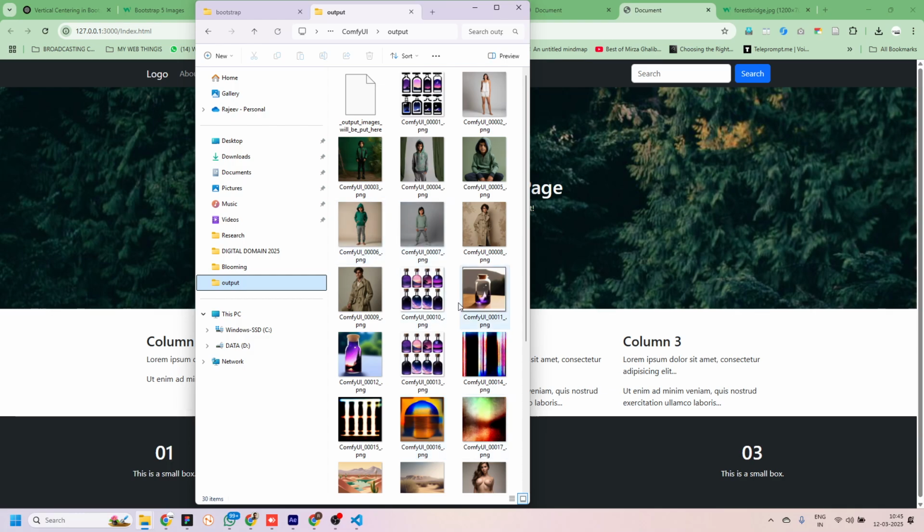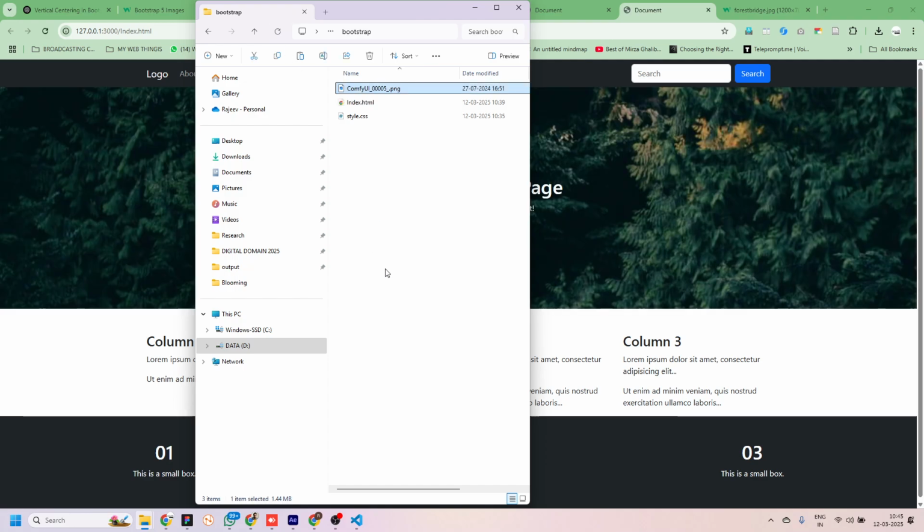So I'll just copy this one. Control C, and paste it here. And I'll change the name of it, call it my image. Okay. Now I'll create one folder also and call it images. So first I'll try to bring the image from the root folder itself, which is not a good practice